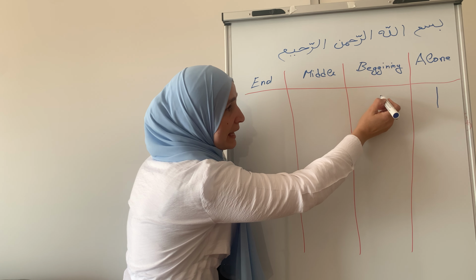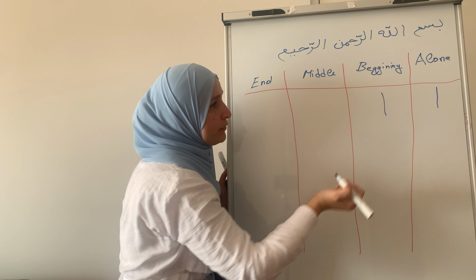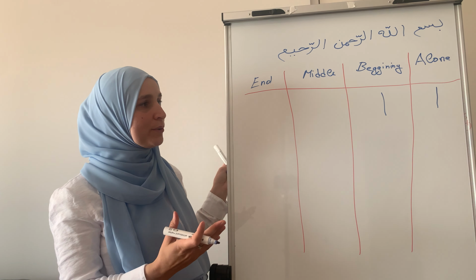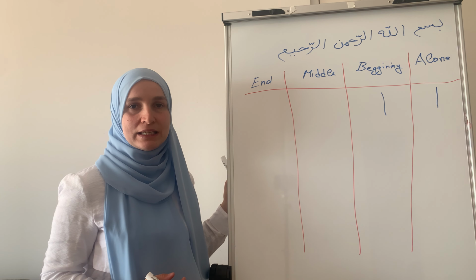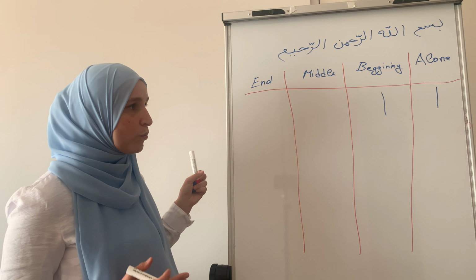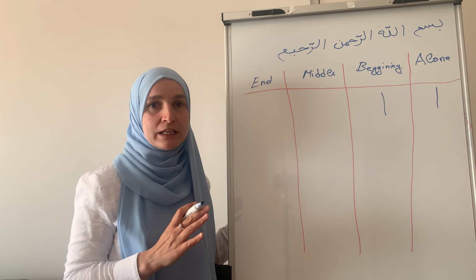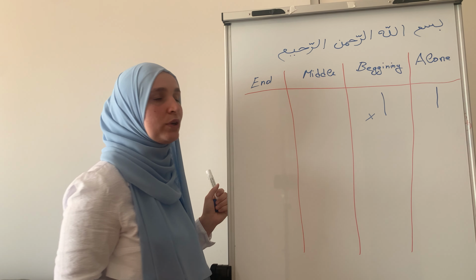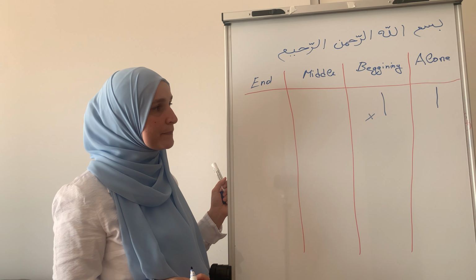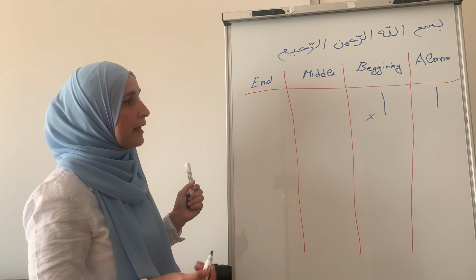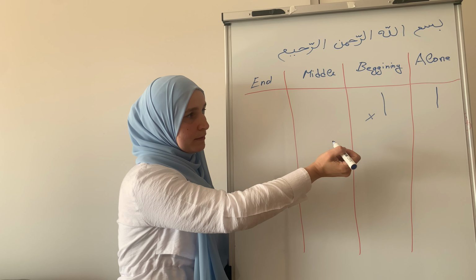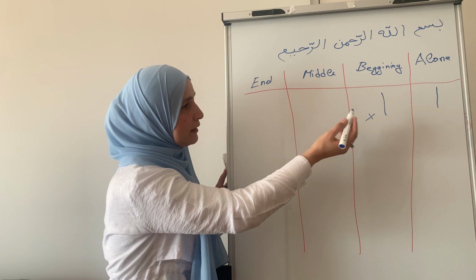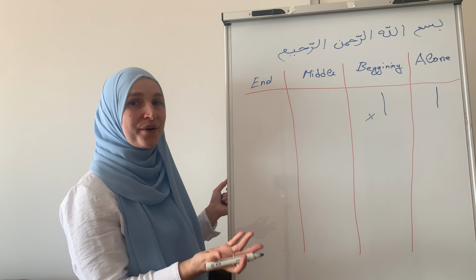When the Alif is at the beginning of a word, it has absolutely the same form as when it is alone. Why? Because Alif is one of the letters that is not allowed to connect with other letters on this side. But we can connect it on the other side, as we are going to see